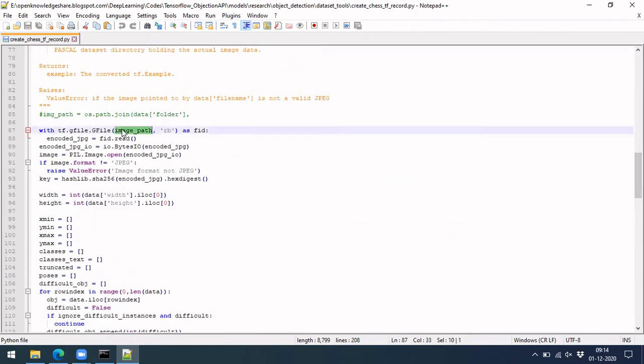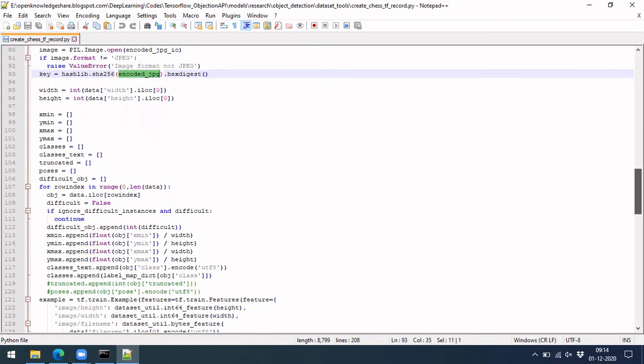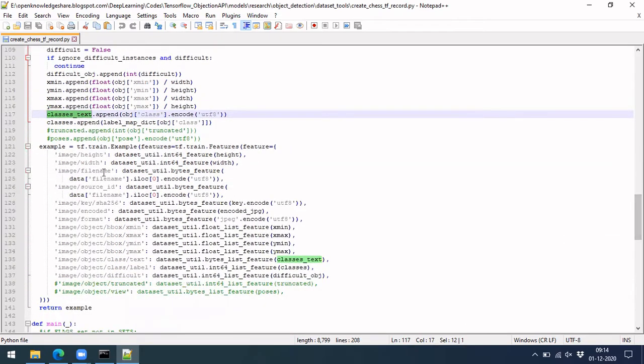The image path will be passed, where it will read the image, and that image is encoded. So this is the image which will be called, right? That image is being encoded here, and then it will be saved in a different format. I'll show you where it is. Similarly, for each row, width and height is taken, and for each row it will look for x min, y min, x max, y max, what is given over there, as well as the class of the object. All these things it will take and store in this format. This is this TF train example, which is the format used by TensorFlow as well. This is one different format.